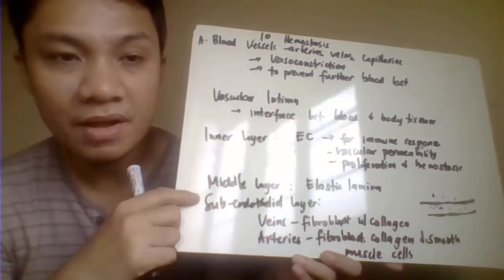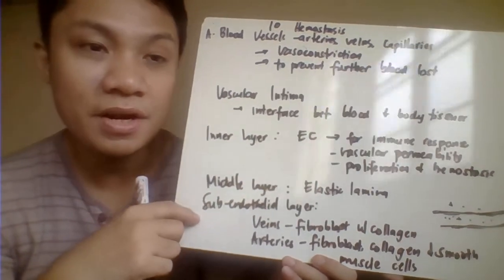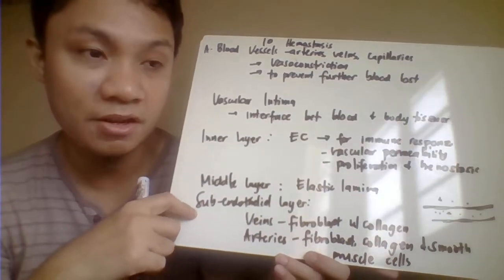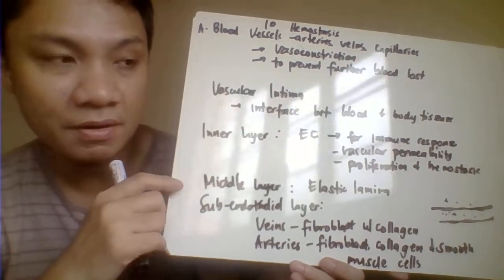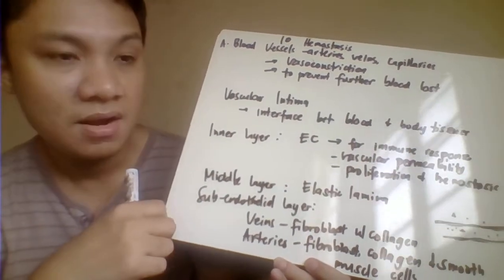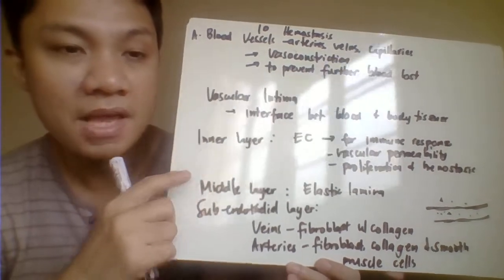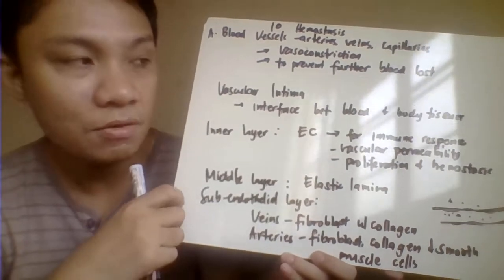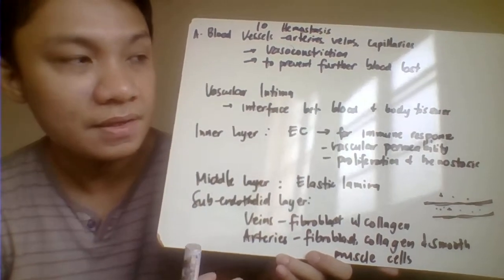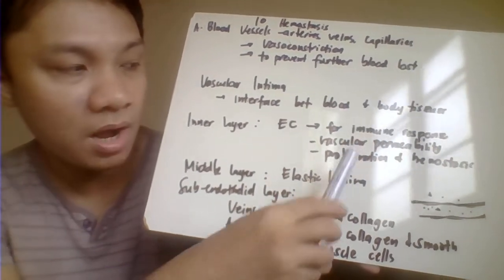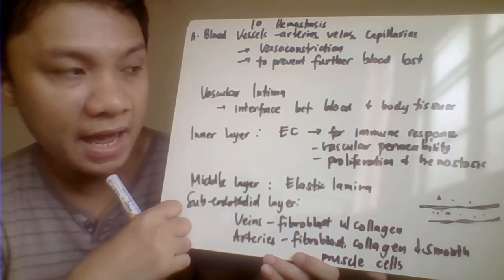Okay, and therefore, your blood vessels here should serve as a barrier to prevent the contact between your blood and your non-blood component. So, we have here the different layers of your blood vessels. We have the first one, the innermost layer, made up of the endothelial cells. Okay, so the innermost layer, the endothelial cells, is involved in the following: immune response, vascular permeability and proliferation, and